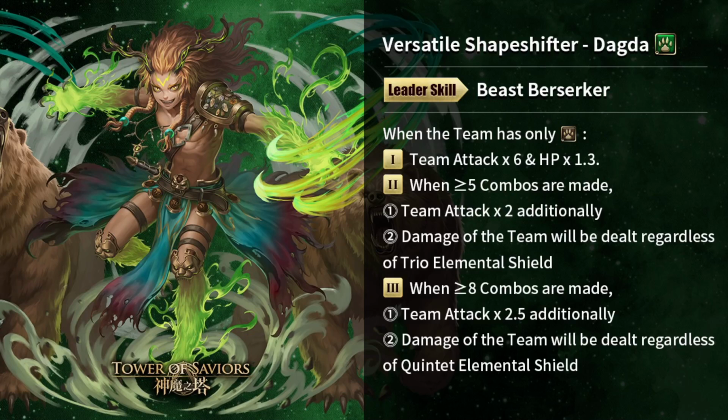So this is a pure Beast playstyle, right? This is going to compete with Veronica. It's going to compete with Jabir, right, for the Beast leader. First things first, team attack times 6 and HP times 1.3, which is going to make this team a pretty bulky team, considering beasts have relatively high HP already. With an additional 1.3 boost for HP, that's going to make about probably a 50 to 60,000 HP pool